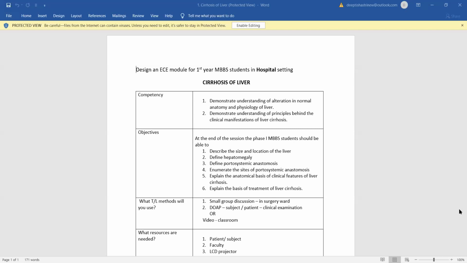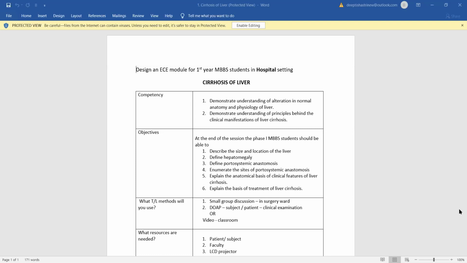But there is a particular competency where particular applied aspects have been mentioned, like Kehr's sign or liver biopsy, like the site of liver puncture. That is the only applied aspect which has been mentioned as a competency in that document. Of course, portocaval anastomosis has been mentioned separately. And the anatomical basis of portocaval anastomosis is one of the